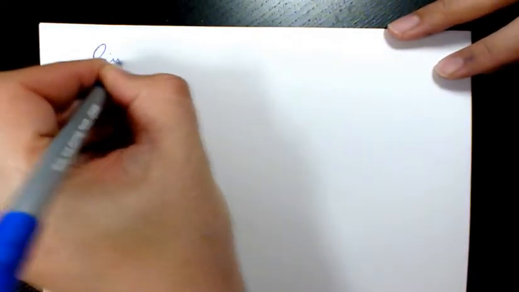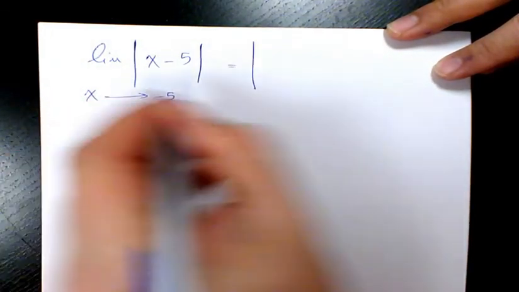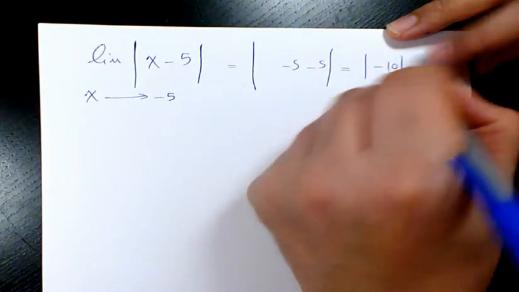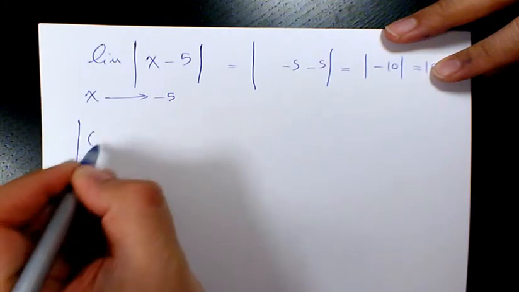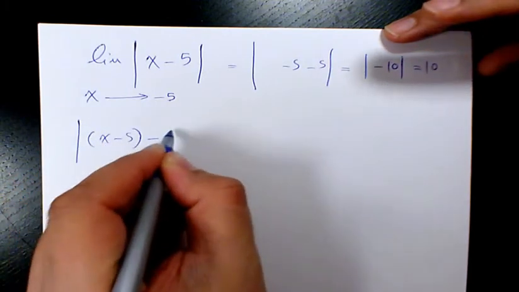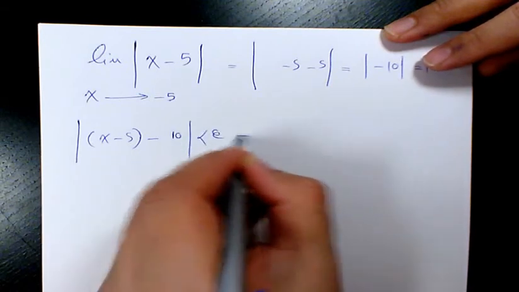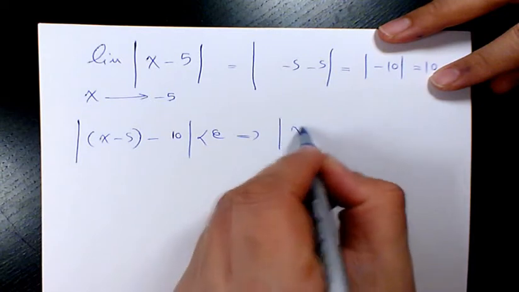Next example is the limit of the absolute value of x minus 5 when x is approaching negative 5. It is going to be the absolute value of negative 5 minus 5, which is going to be the absolute value of negative 10. That's going to be positive 10. Then you can say that the absolute value of x minus 5 minus 10 is going to be less than epsilon. So that will be x